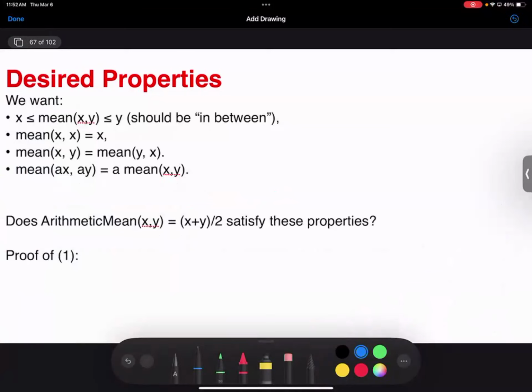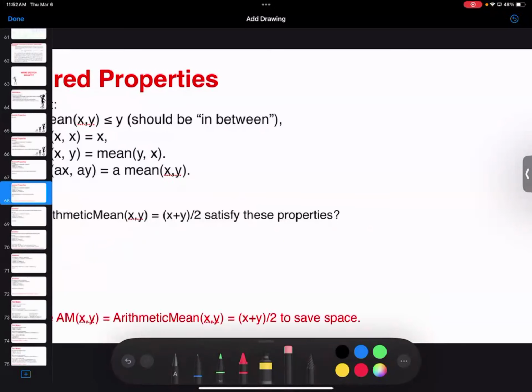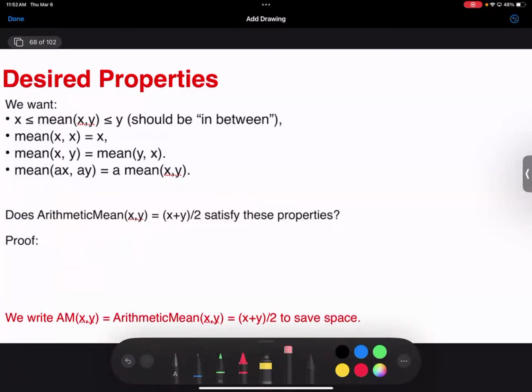We want to show that the mean is between them. So x is equal to (x plus x) over 2, which is less than or equal to (x plus y) over 2, which is less than or equal to (y plus y) over 2, which is equal to y. And so it's not that hard to show that the arithmetic mean satisfies those properties. And then we can show all the ones, including the latest stuff that was suggested. I won't go through the rest. The rest are straightforward,